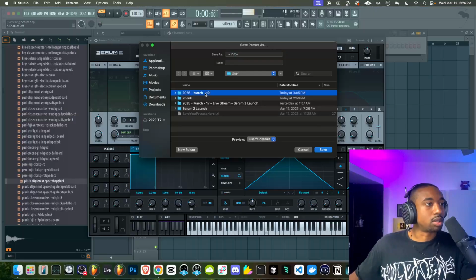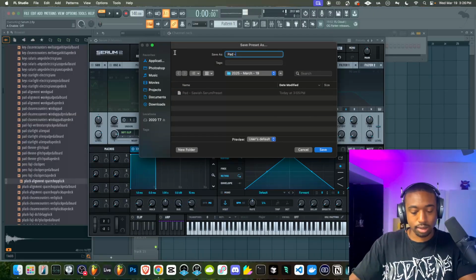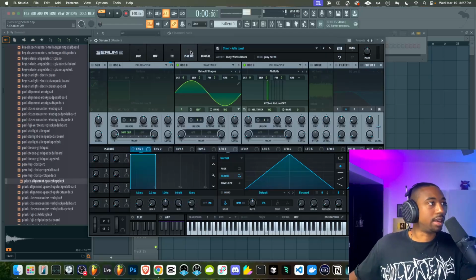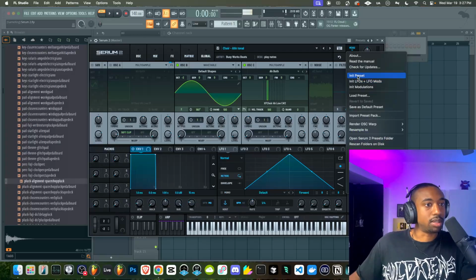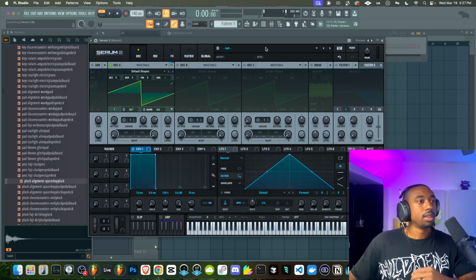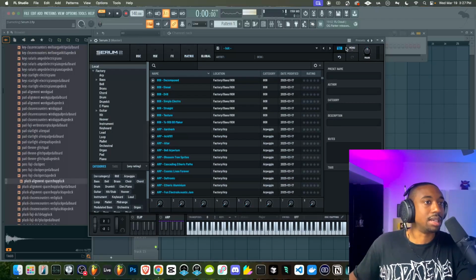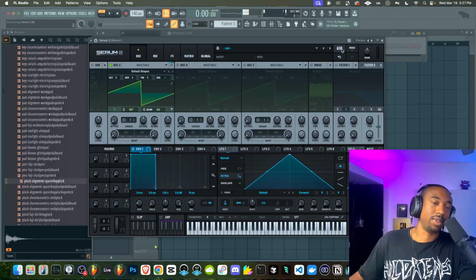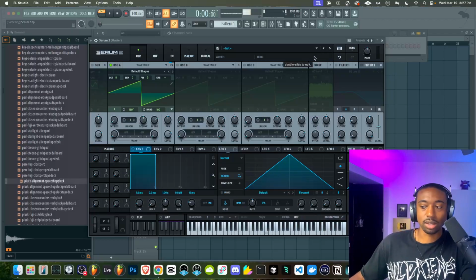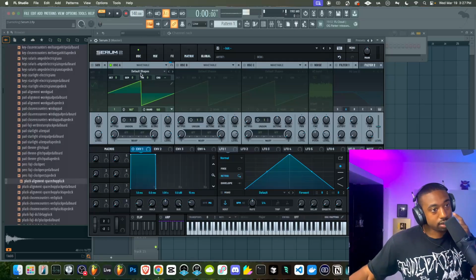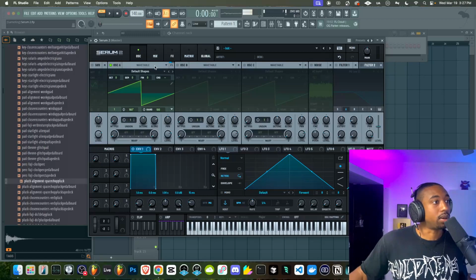So if you ever get discouraged with sound design, just understand it as iterations instead of just trying to make the best sound every single time. So for example, let's go to initialize preset. And what you could even do to start off as inspiration, go to their factory library and just start tweaking different things until you create your own unique sound, and then save that. When you're sound designing, it's really just about iterations over time, meaning you do something, change something else, and then you discover something else. That's how it works.